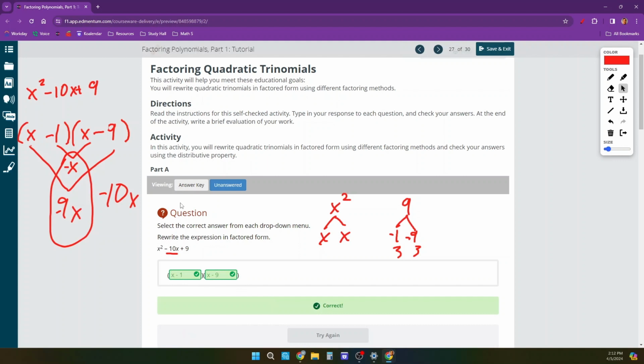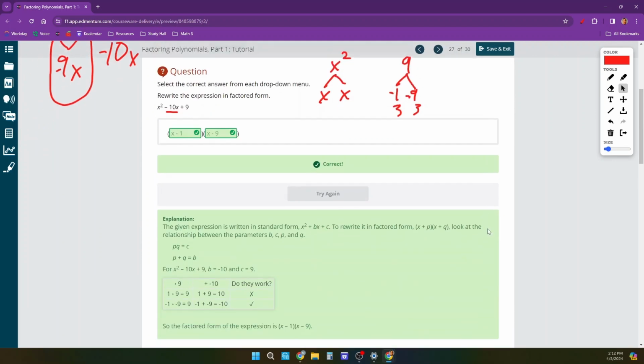Perfect. So if you had trouble following along with that, I very much encourage you to rewind the video, check out the last couple pages, and then re-examine this problem. But moving along,